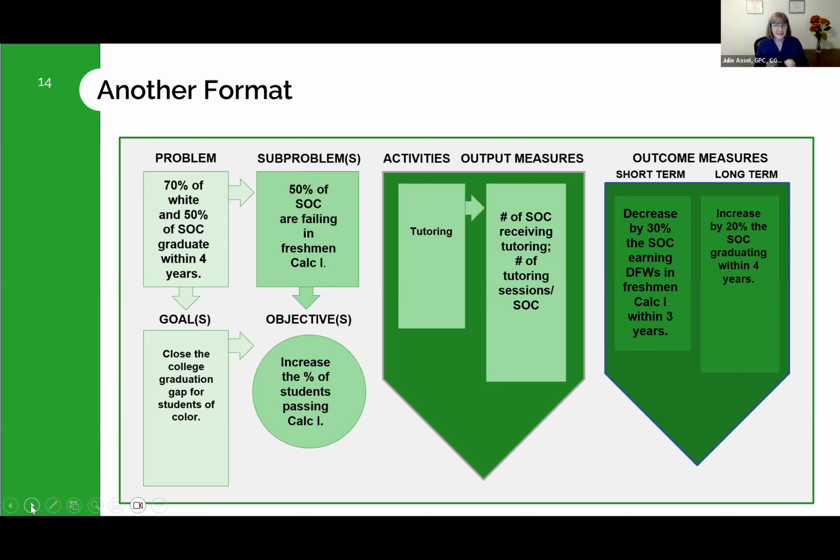But qualitative data gathered through conversations with students, maybe that are coming into a tutoring center, may help an institution learn that students are unprepared for the speed at which math is taught at the college level. So in a situation like that, one objective may be to increase the number of students who are passing the calculus course, but you may have either sub-objectives or additional objectives depending upon the activities you choose to address on